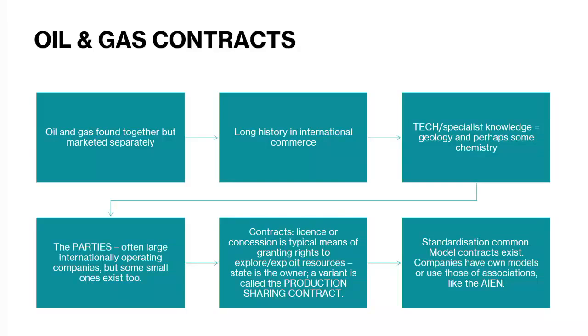Then the parties themselves, usually, especially if it's gas, are those big heavyweight companies. And often it will be in conjunction with, say, a domestic company, because maybe they want some of the gas to be used domestically, especially for electricity. So you may find that the other party to your gas agreement is the local electricity company. And it may be state-owned as well.